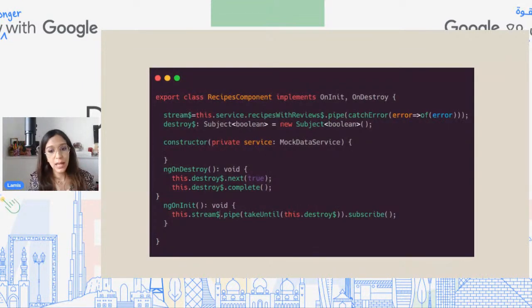I gave an example in the Angular component, but you can do the same thing outside, whether you're using Angular or not. So here I have an observable that I'm using in my template, which is stream$. In ngOnInit, I am saying that I am going to use this observable, but takeUntil, which is the takeUntil operator here, until this observable